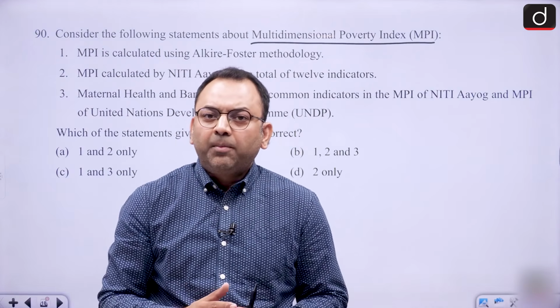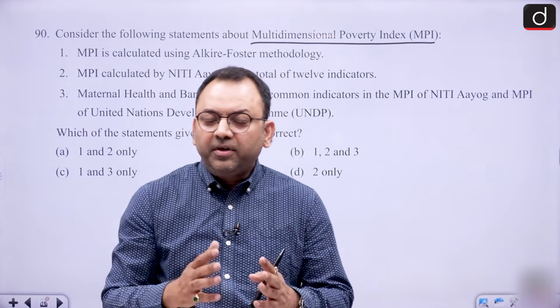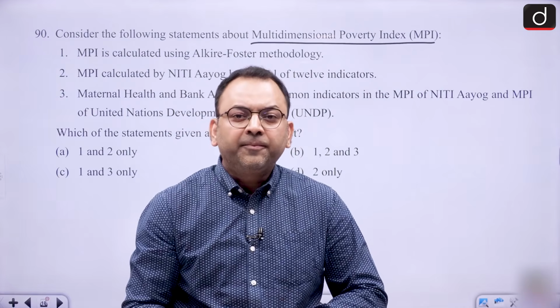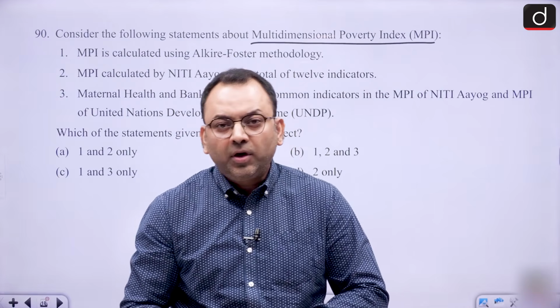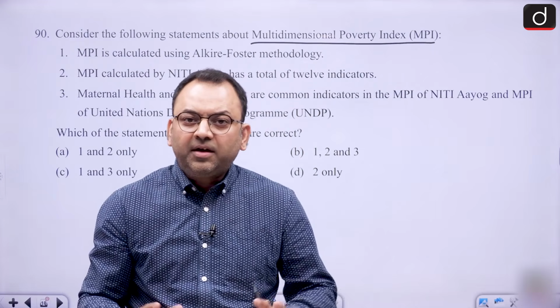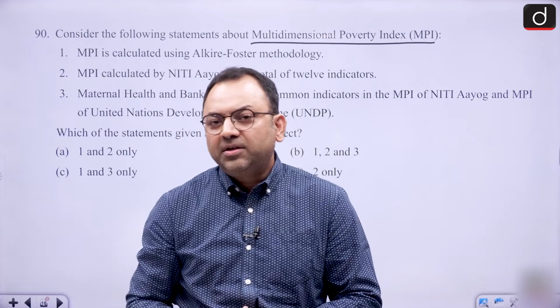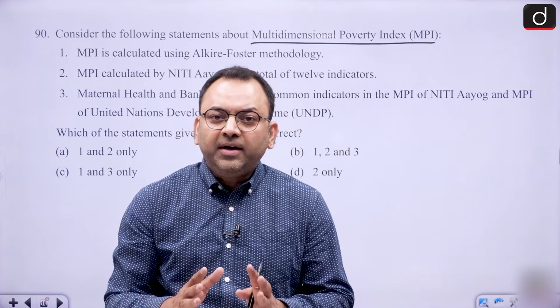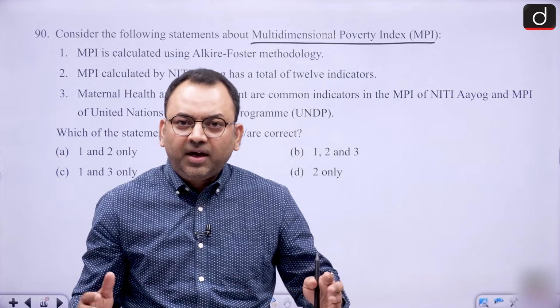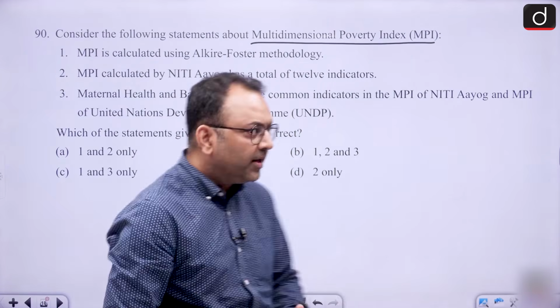Now we have a multidimensional approach, where deprivation in health, nutrition, school attendance, sanitation, cooking fuel, bank accounts, maternal health, all these indicators are taken collectively to measure poverty, called multidimensional poverty, and that is taken under a method called the